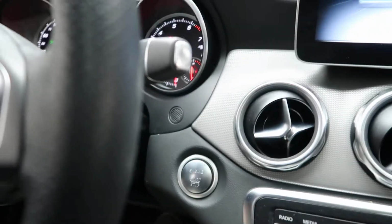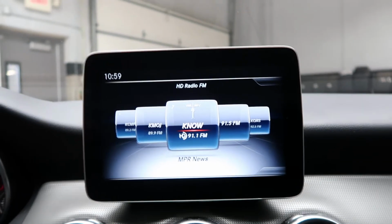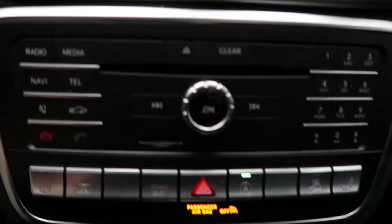A push start ignition. Also included is our convenience package, which is going to give you auto-dimming mirrors, garage door openers. We've got our media display, rearview backup camera, hard keys for our media display, heated seats, dual climate controls, cup holders. This GLA has